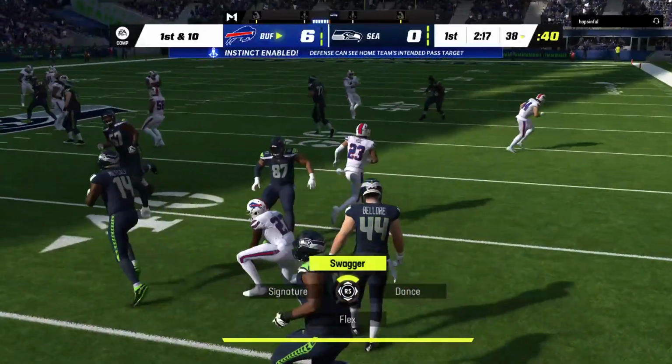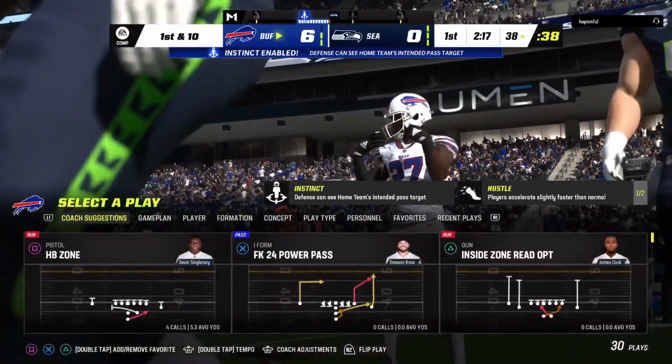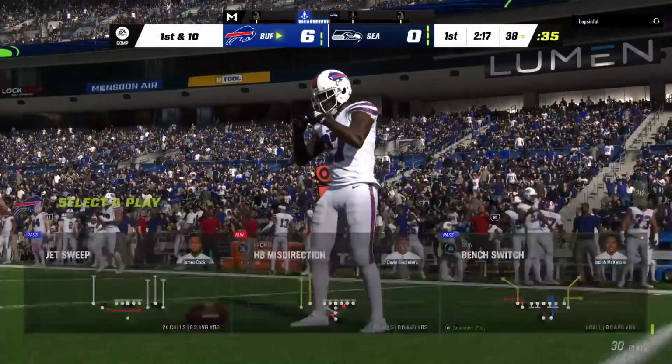And the Bills are going to get the football here as he gets this up to the 38-yard line. Oh, timing is everything on a route like this. He tried to drop...